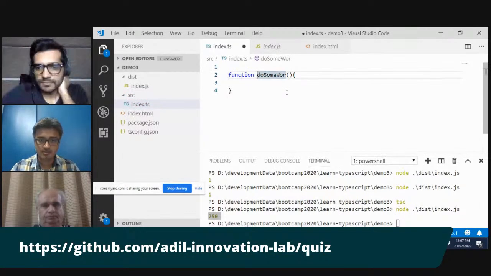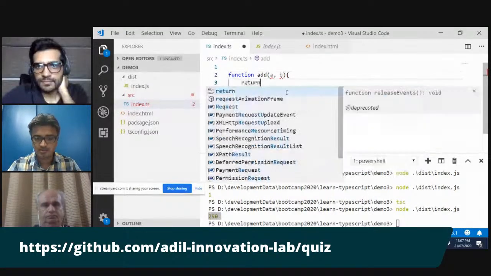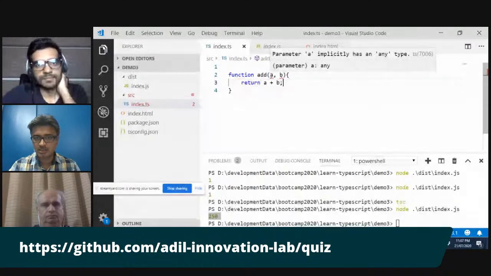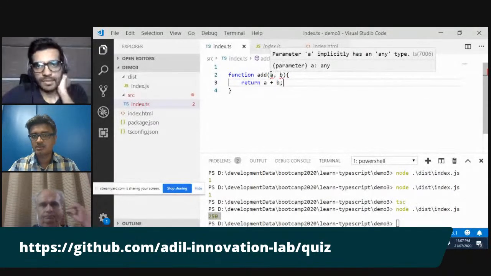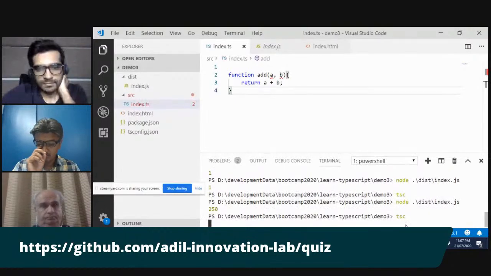or maybe add. I name it add, and now I want a comma b, return a plus b. So it's saying parameter A implicitly has an any type. It is saying parameter A is implicitly any type, and that means its type is any. So what you need to do is